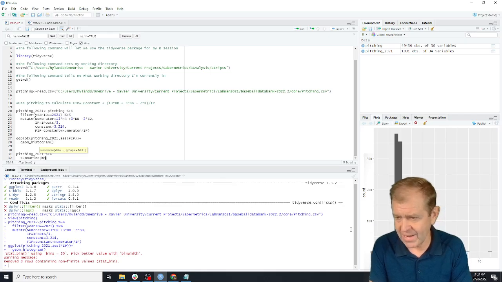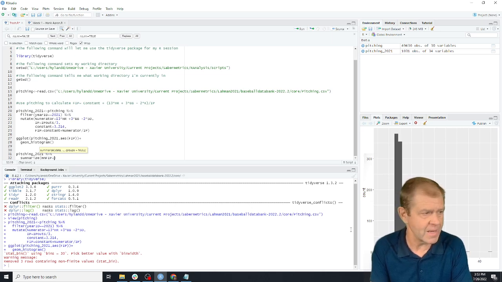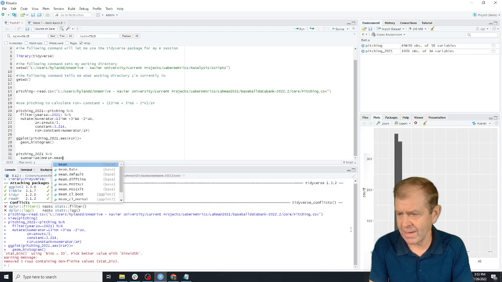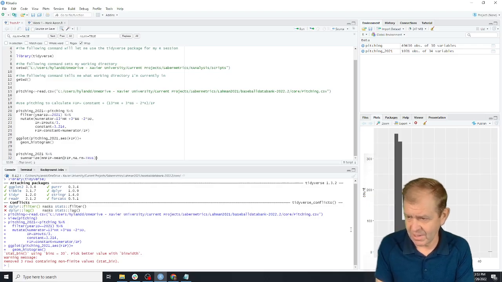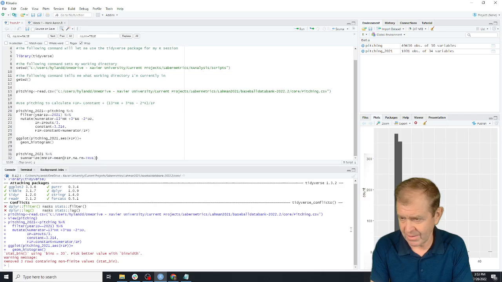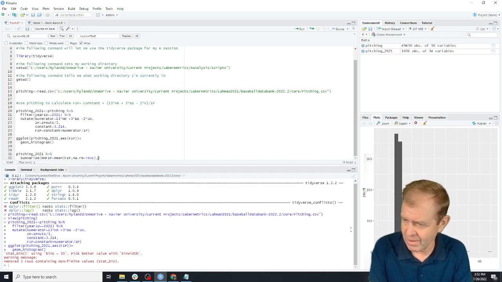So I want to know the mean FIP, so I'm going to call it MN for mean FIP equals mean FIP, so it's going to be the average FIP. One of the things I'm going to want to do is put NA.RM equals true. So any missing variables, where I'm missing for whatever reason, we want to remove those. We want to only count the average for